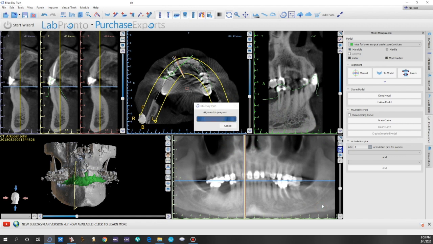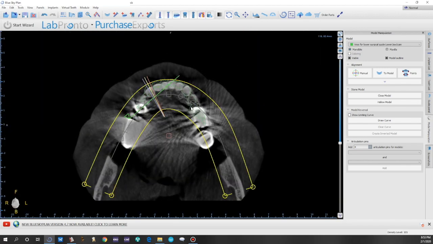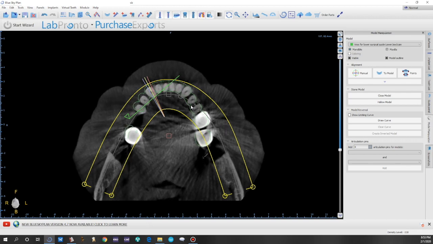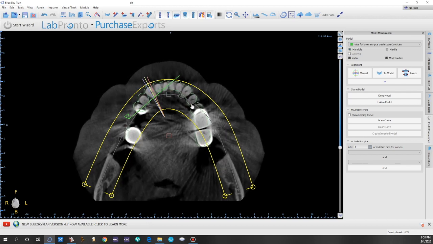And once it does, you'll get to see the similar view that you see there and reevaluate how well it did. I really like to use this axial view, and as you scroll up and down, you can see really quickly that it doesn't quite align perfectly. So we'll go to the manual manipulation, and you can start moving it around and centering it over those teeth. You can move it right and left, rotate it right and left, move it forward and backwards until you feel like it's pretty well aligned with the